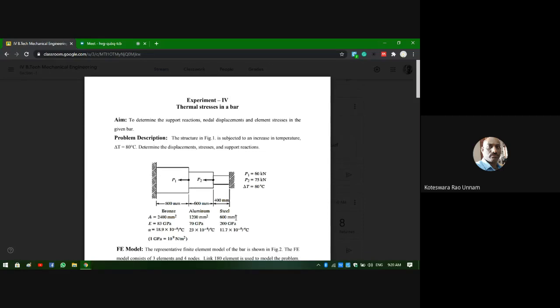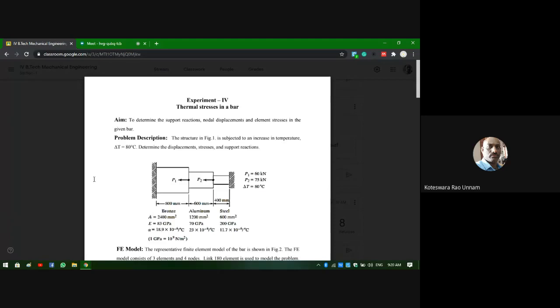So now, to model this in the software, since it is a bar and it is subjected to only point forces, I can consider each segment of the bar as one element. That is sufficient for me. Why? Because of these loads, if I take either the bronze section, aluminum section, or steel section, the stress is constant within that element.